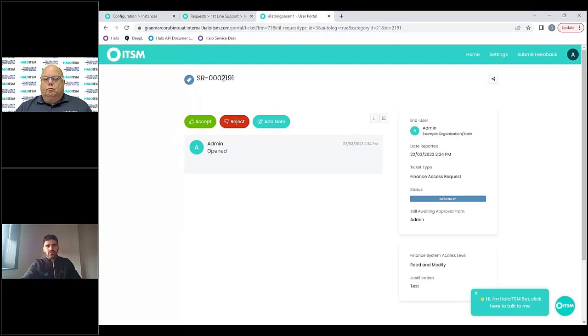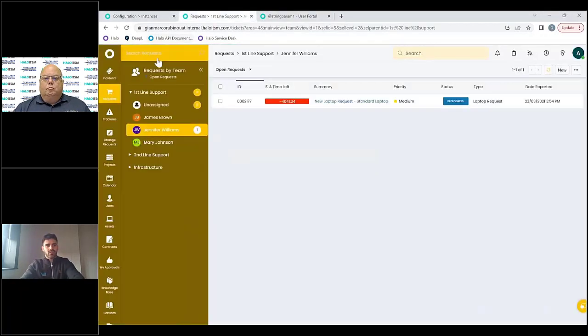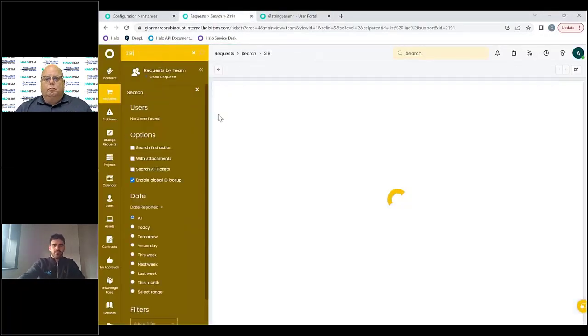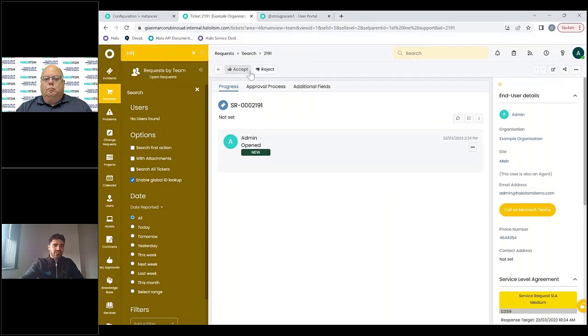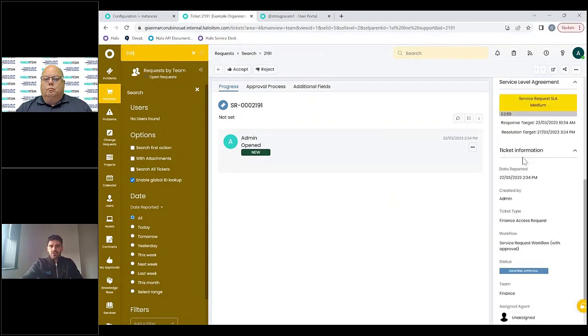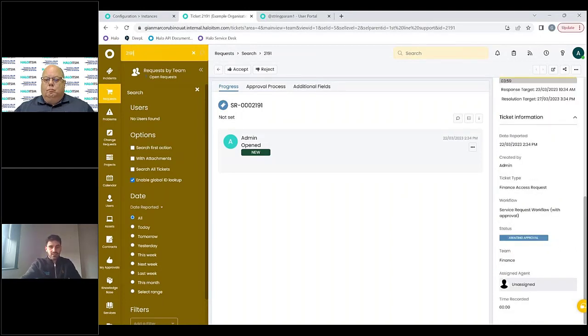The thing I'll do is, as an admin, I'll just search the ID, just so I can see that the ticket has come through, which you can see on here. It started the approval process. It has a certain SLA, it's awaiting approval. It's gone to the finance team, as expected. That's what we want. If we accept the